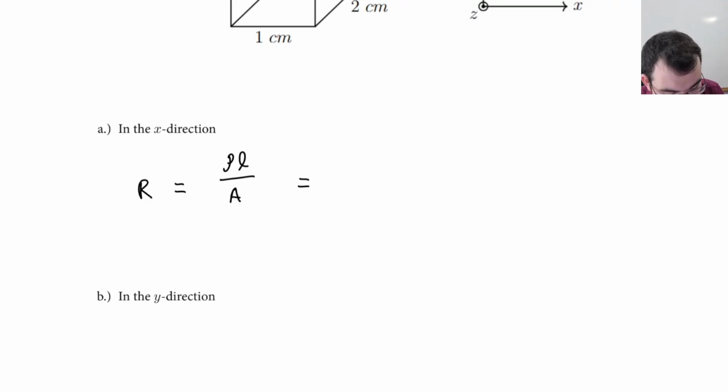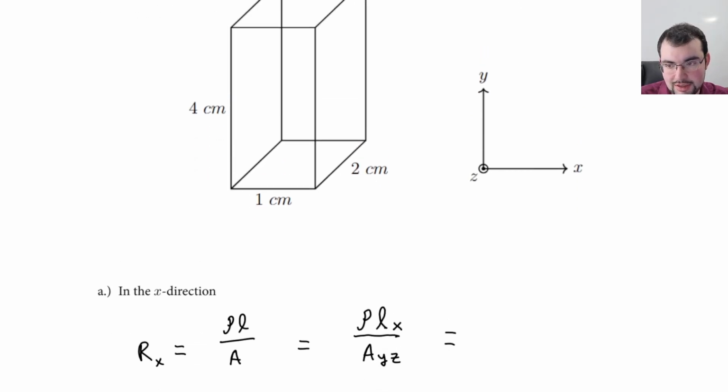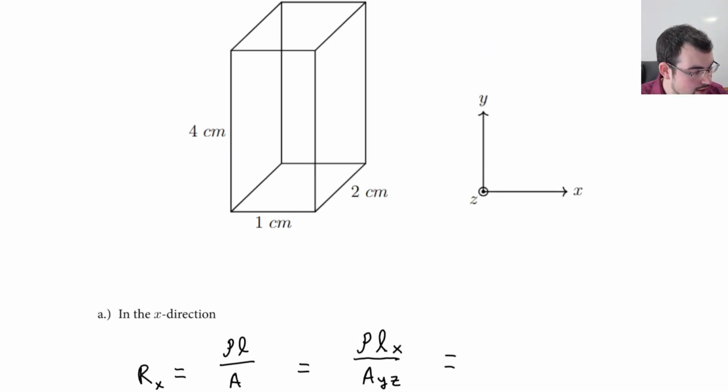So if we want the resistance in the x direction for current, we're going to use our resistivity, but take the length that it travels. The current travels in the x direction, so that means the area must be in the other two. So that's going to be how we solve this problem. You pick the length as the direction of current flow, and then you just multiply the other two dimensions to get the area. Because again, our length, if we're going in the x, is going to be this length, which is 1,